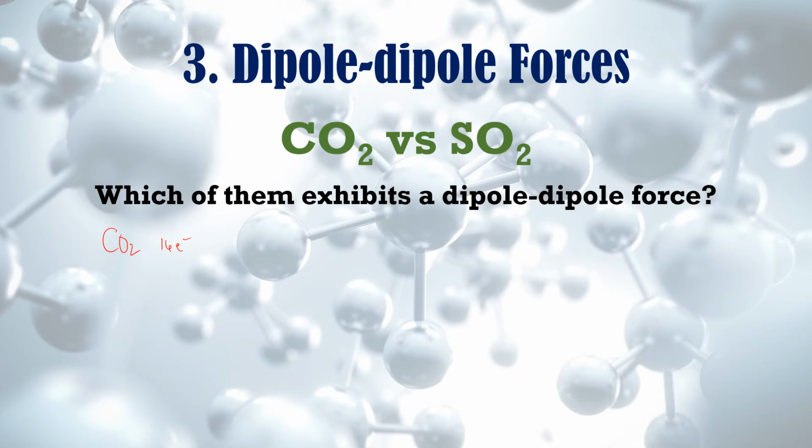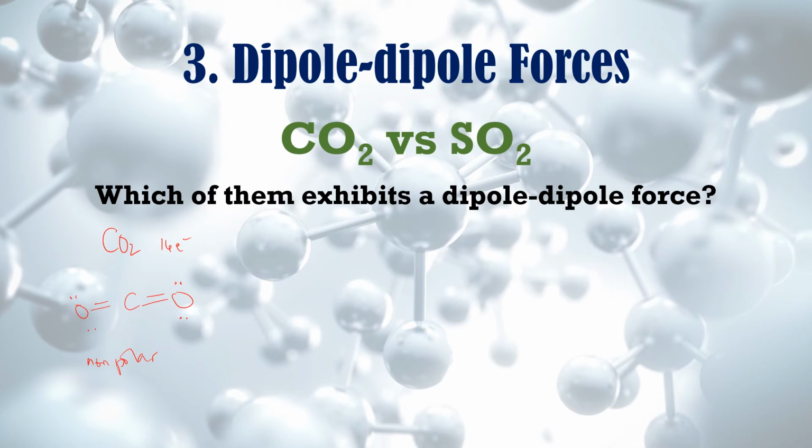So the Lewis structure is C double bonded with O, and then 2, 4, 6, 8, 10, 12, 14, 16. As you can see here, there is no lone pair at the central atom, therefore CO2 is a non-polar